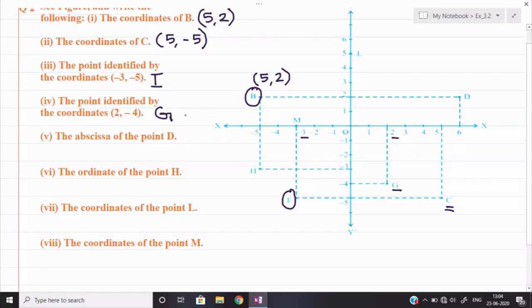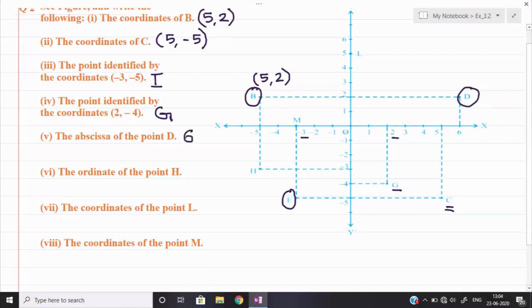Now similarly the fifth point. What they are saying, the abscissa of point D. So D, abscissa means here x coordinate. So we need to find out the x coordinate. First of all, look at the point D here. This is a point D given to us. Now D is having how much horizontal length? Observe, this is the horizontal length. How much is it? 6. Okay, and vertical length is 2, but they are asking only the horizontal length, means the abscissa, that will be